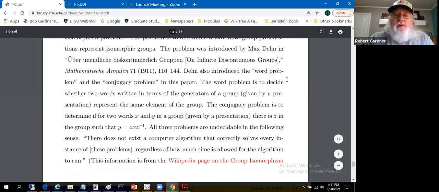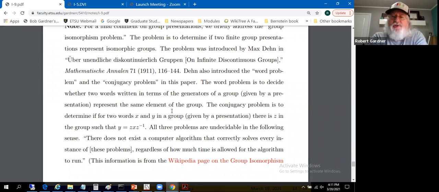The word problem is to decide whether two words written in terms of the generators of a group represent the same element of the group. The conjugacy problem is to determine, given two words X and Y in a group, if there is Z in the group such that Y equals X conjugated by Z. Y equals Z X Z inverse. All three problems,